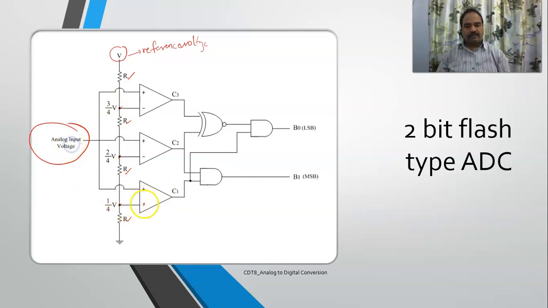If your V input is greater than 1 by 4V, then you will be getting an input signal here. If it is greater than 2 by 4, you will be getting here. If it is greater than 3 by 4, here. And if it is less than 1 by 4, you won't be getting any signal here. So which means that,